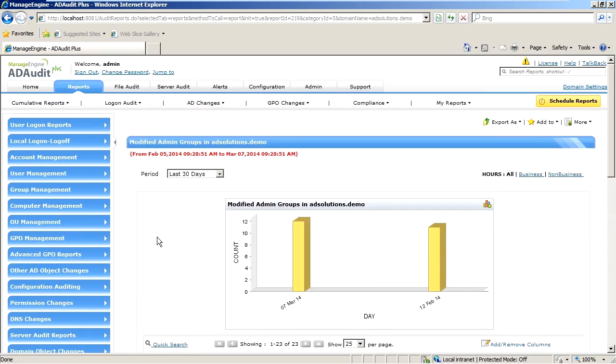So as you can see, AD Audit Plus is an excellent tool for configuring additional tracking that you want to make for certain types of Active Directory objects, in this case,